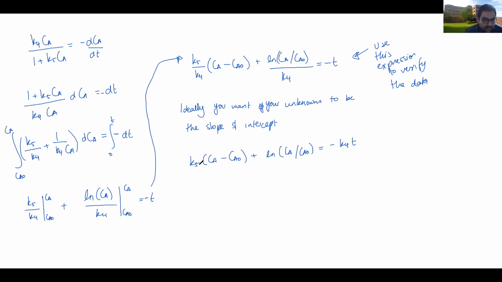Now let me try to use K5 as my intercept. So I'm going to divide by CA minus CA naught. So in this case, I'm gonna get K5 plus ln CA divided by CA naught divided by CA minus CA naught is equal to minus K4 divided by CA minus CA naught multiplied by t. I want to get rid of this minus here. I can move it anywhere I want, but